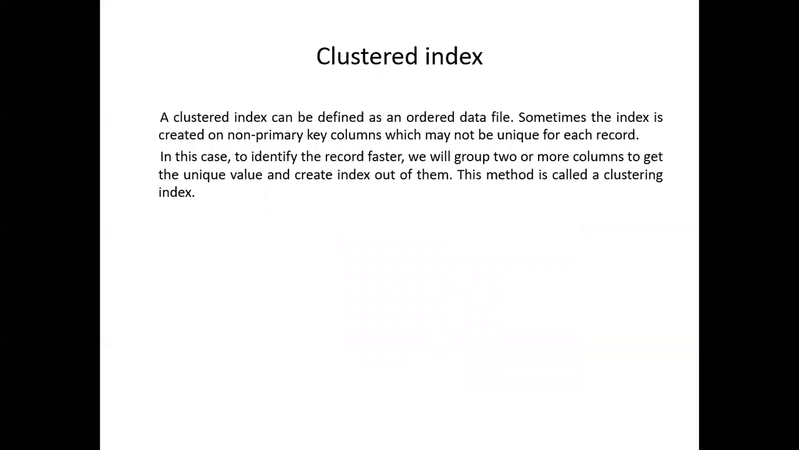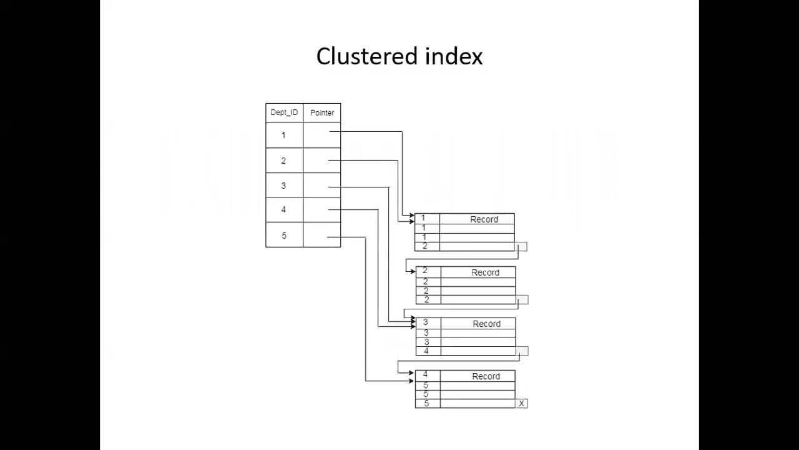Now, what is a cluster index? A cluster index can be defined as an ordered data file. Sometimes the index is created on a non-primary key column, which may not be unique for each record. In this case, to identify records faster, we group two or more columns to get a unique value and create an index out of them. This method is called clustering index. So this is an example of clustering index